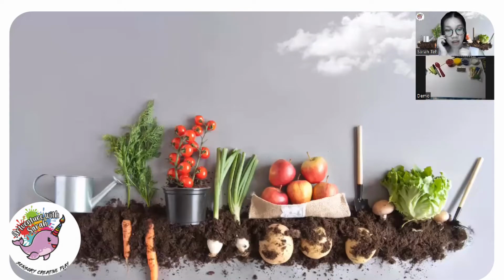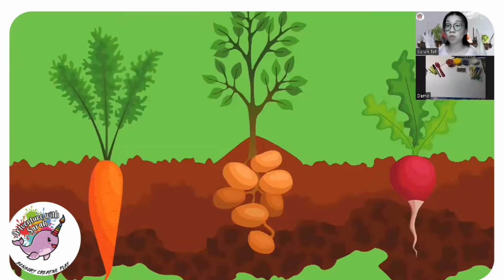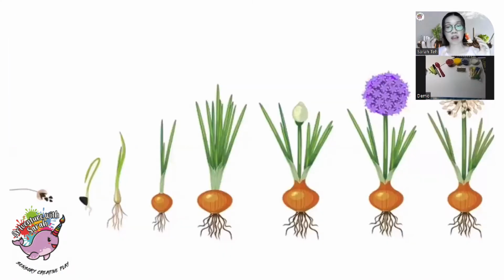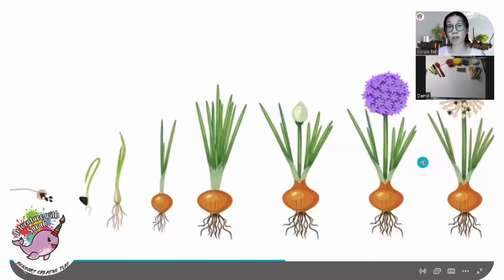Okay, and yeah, this is what we're going to do. You can have a look. Similar, our art piece will be something like this. All right, so for those underground, we're going to paint the vegetable underground, like onion as well. Okay, onion as well is underground. Yeah, so the fruit here, we're going to take it from the